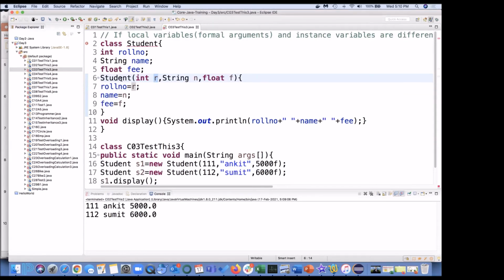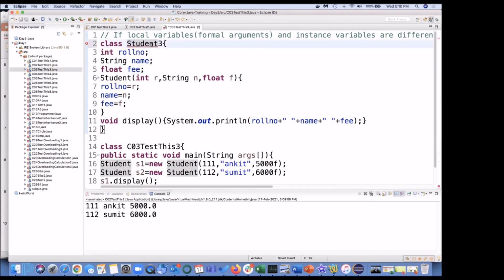Same program, we have just changed this variable and this variable. All these variables are instance variables only. We know this is not a static variable. Why do we say it is an instance variable? Because the objects are going to access these members.